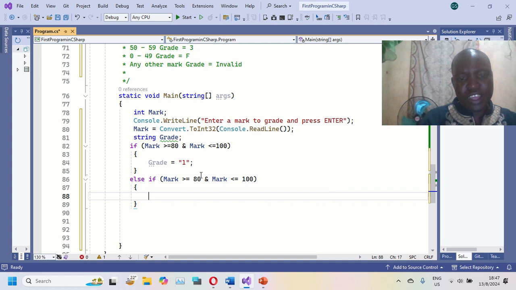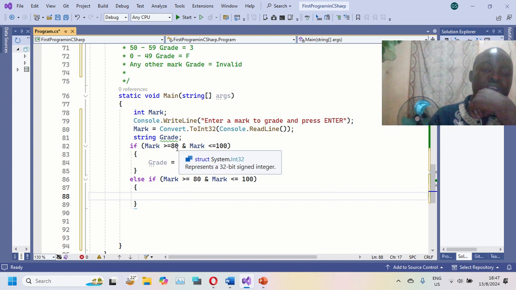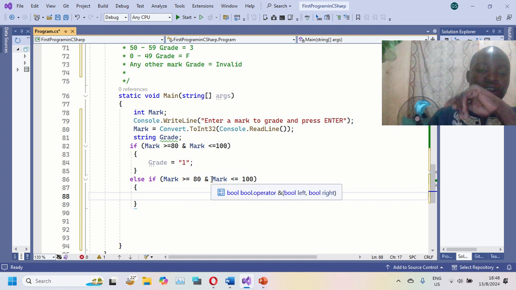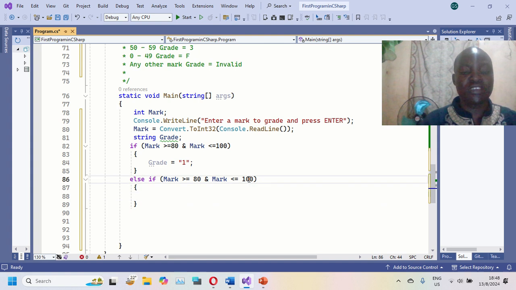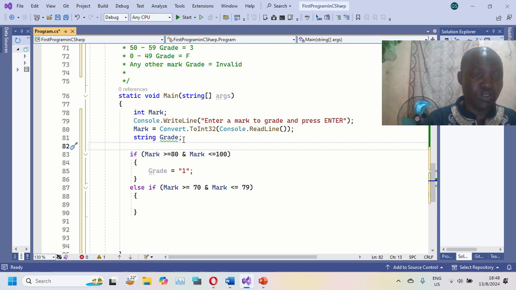Right, here, since we did mark the upper bound, so if the mark, it means we need to continue, because I saw the problem here. I wanted to use one upper bound, but let's continue with both the upper and the lower. So the upper here becomes 79, and here becomes the 70. But we can even use another method of starting with